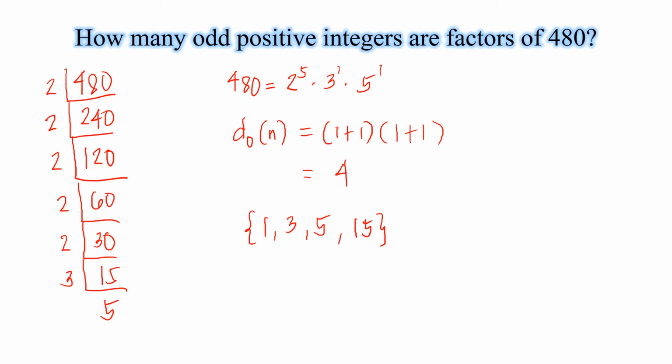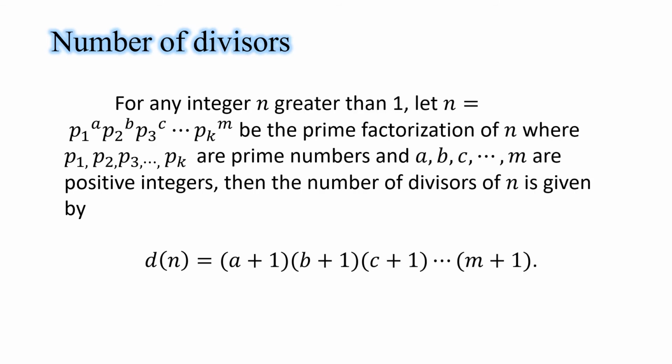Now, what if we have a bigger number than 480? Let us recall the rules in finding the number of divisors of any number. For any integer n greater than 1, writing the prime factorization of n as p sub 1 raised to a times p sub 2 raised to b times p sub 3 raised to c, and the pattern continues until p sub k raised to m,